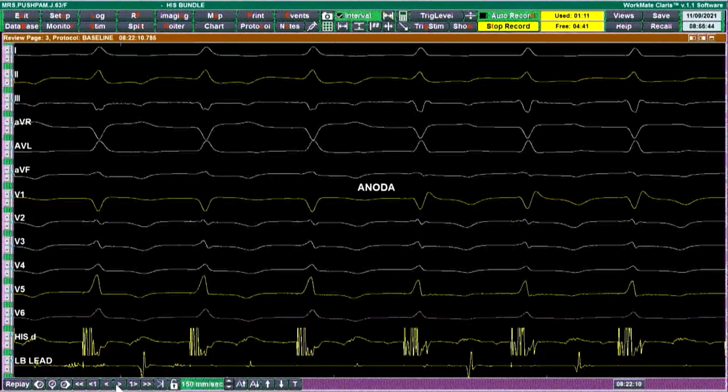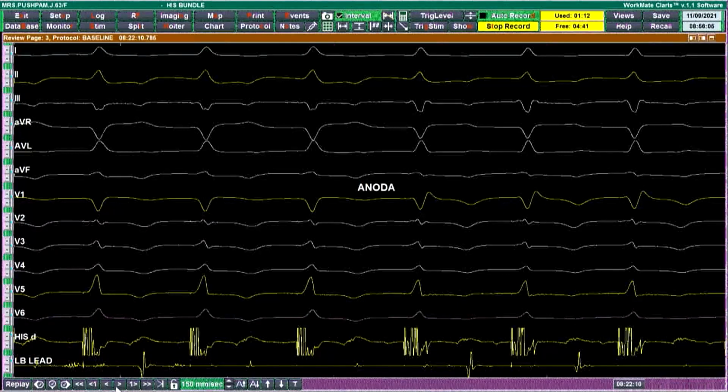So you will be able to see 3 transitions while doing this bipolar pacing. One is the transition from anodal capture to cathodal non-selective capture. And the second transition will occur near threshold, from non-selective cathodal capture to selective cathodal capture. So this double transition is one way of confirming that you have captured the left bundle.